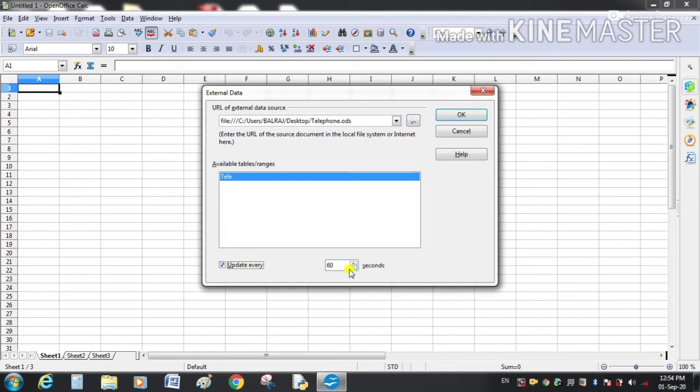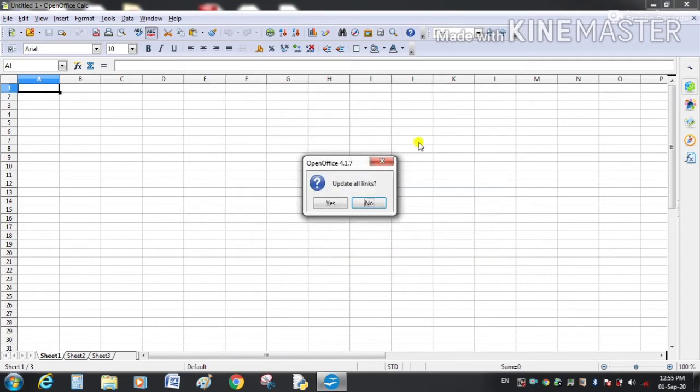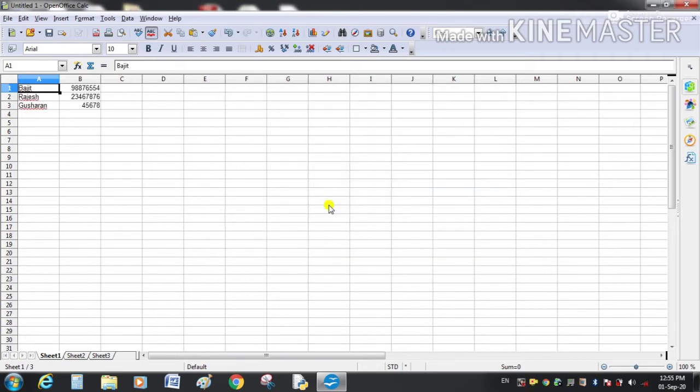So we will see what will be the effect of this update feature. Give time here, only 5 seconds. Click on the OK button. Update all links. So you can see here the data from our telephone file. Now come to this file.